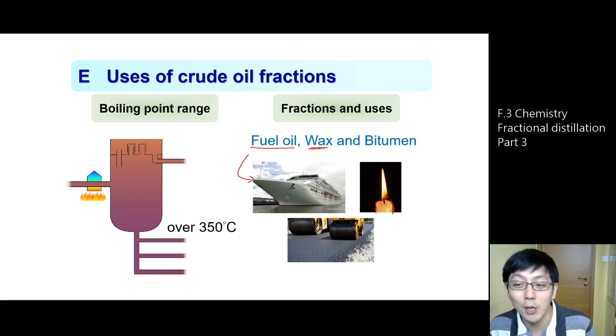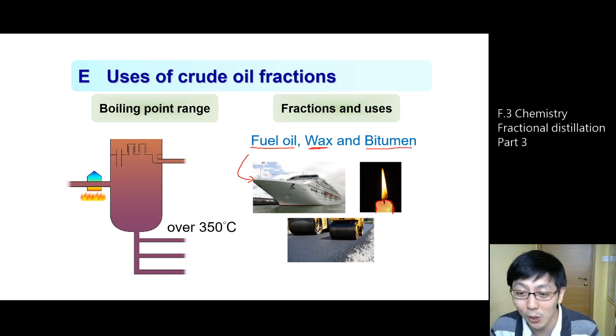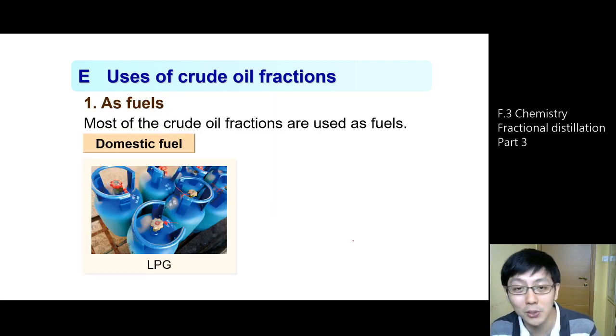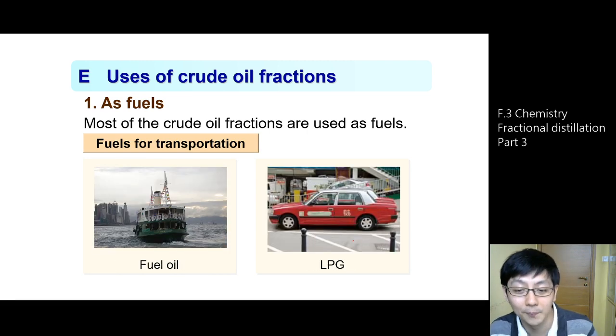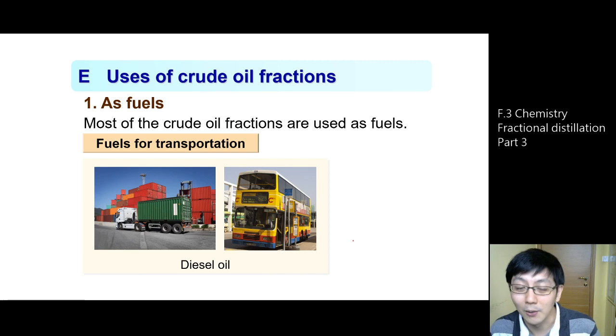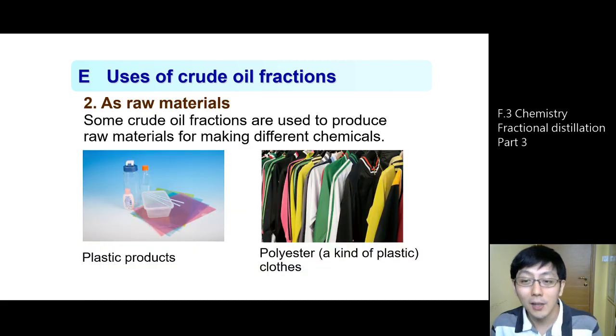For those with even higher boiling point, they are called bitumen。通常係做咩咧？呢啲馬路鋪路嗰啲，你可能知道咩嚟㗎？咁就俗名叫做瀝青。OK，呢一隻瀝青 is for road covering. Now these oil fractions have two major kinds of common use. First one, domestic fuel, which may be used as fuels for cooking or for transportation。呢啲頭先講咗啦。